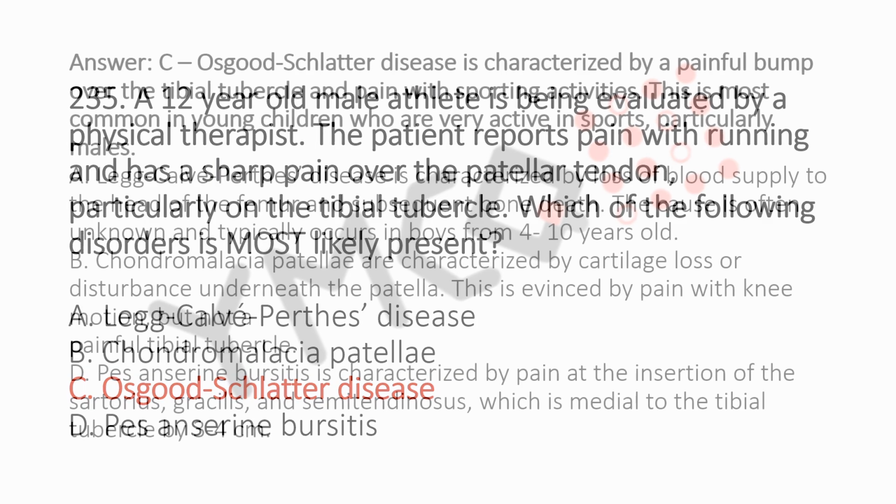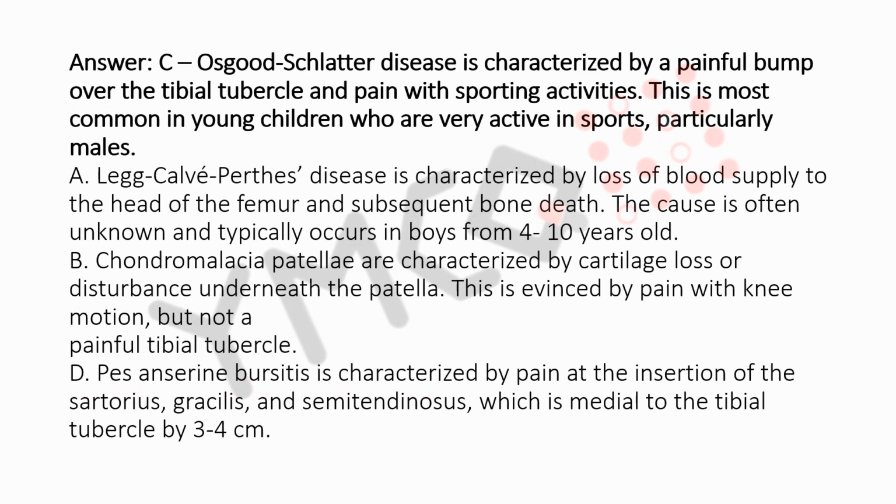Explanation for this question is, Osgood-Schlatter disease is characterized by a painful bump over the tibial tubercle and pain with sporting activities. This is most common in young children who are very active in sports, particularly males. While option A, Legg-Calvé-Perthes disease, is characterized by loss of blood supply to the head of the femur and subsequent bone death. The cause is often unknown and typically occurs in boys from 4 to 10 years old,